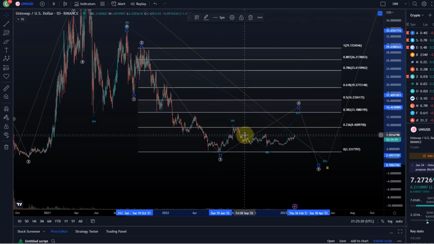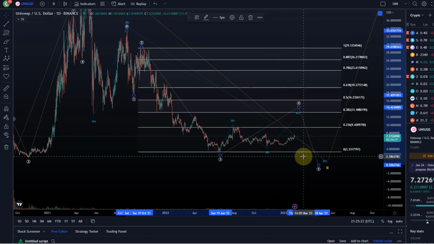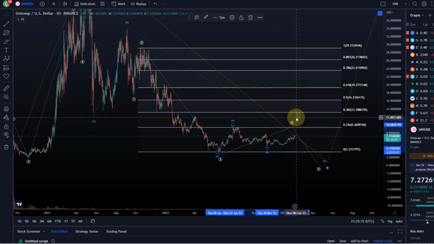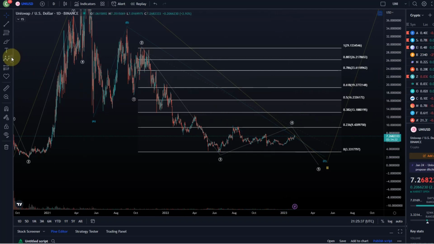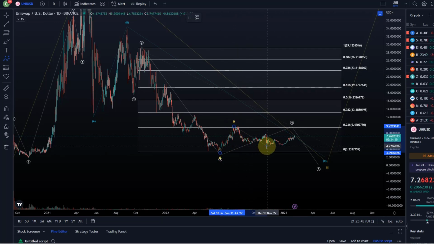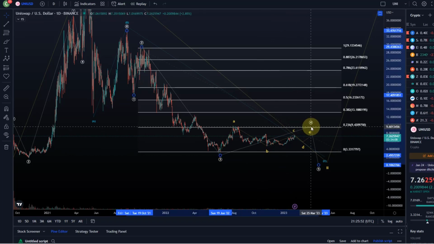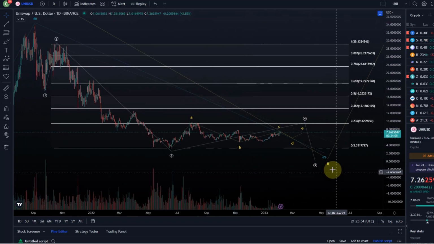Now, however, it's not really coming off the ground, and in my opinion, if this is a C wave, it should have been moving more substantially. So I'm rather looking at it as a possible wave 4 triangle, which is happening and taking place here. So triangle wise, it's a 5-wave pattern. So we're looking at here possibly an A wave, then the B wave down that was in November. Then we're probably just now doing the C wave, a D, and an E is still to follow. So that is absolutely possible, likely.